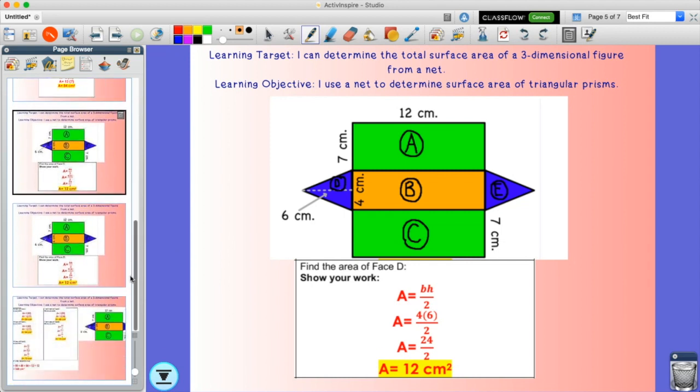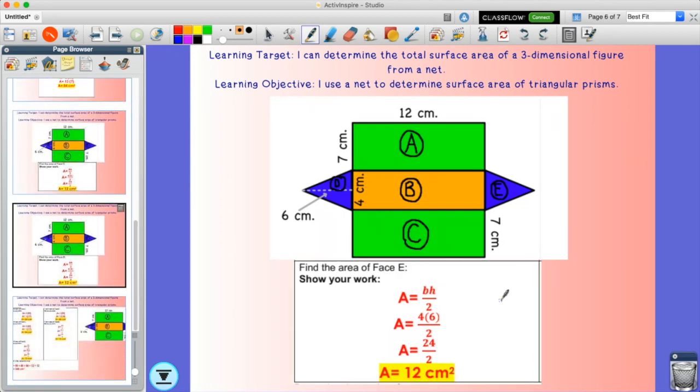The same is going to go for face E, which is also a triangle. The base is 4. The height is 6. The formula is area equals base times height divided by 2. We're going to substitute our measurements. The base is 4. The height is 6. 6 times 4 is 24. And 24 divided by 2